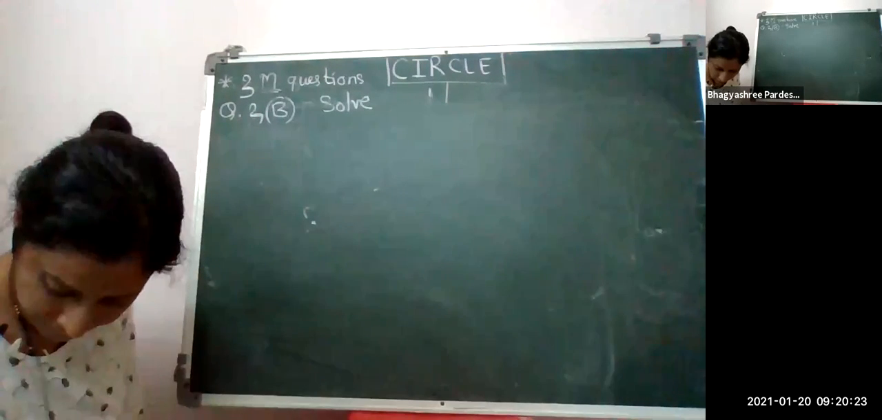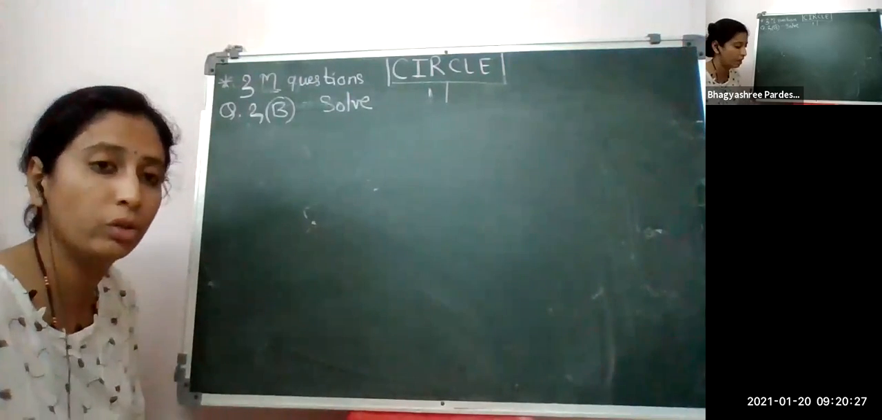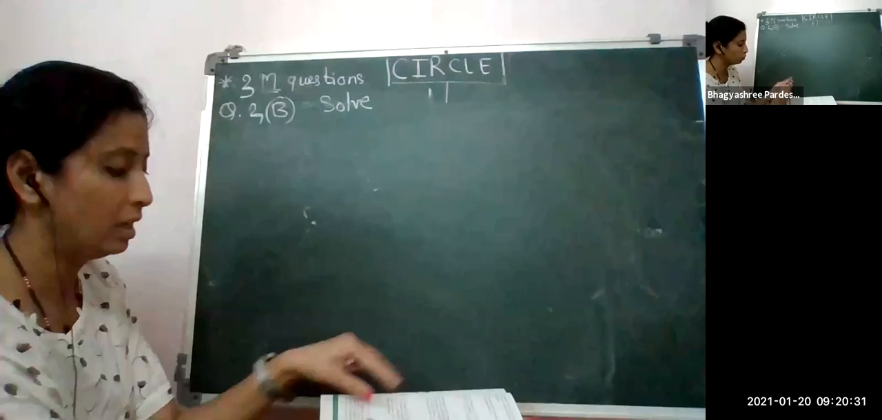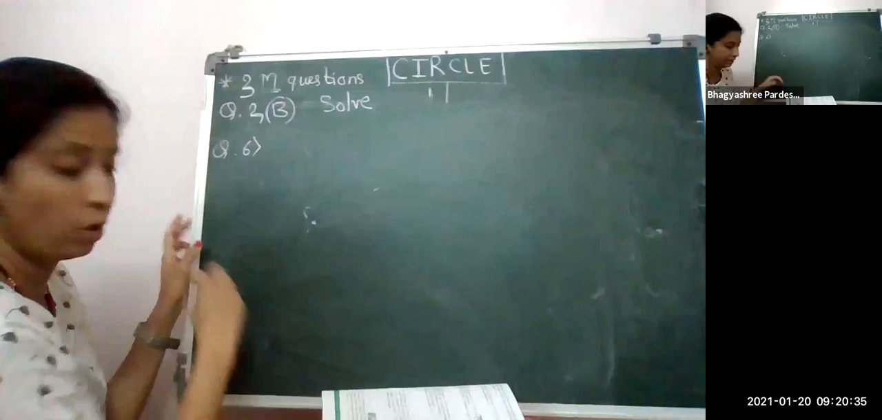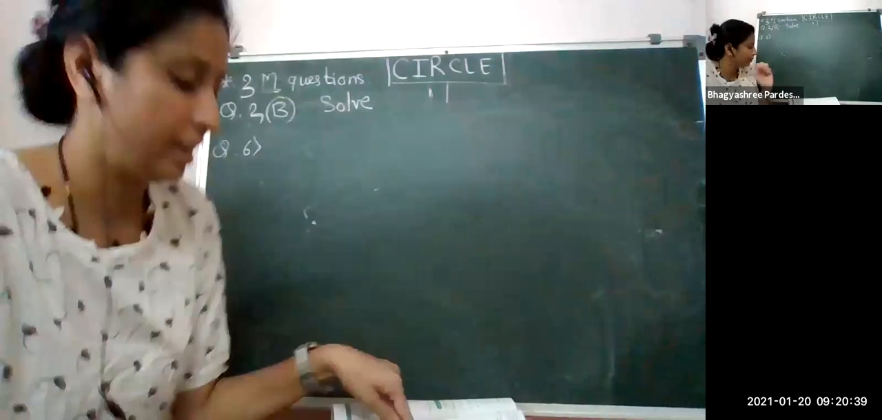Okay. Question number 6 is there. I'm just going to explain that question; you solve it by yourself. I'm just going to tell how to solve this one. Question number 6 from your problem set. So what is here, student? It says that in the figure,